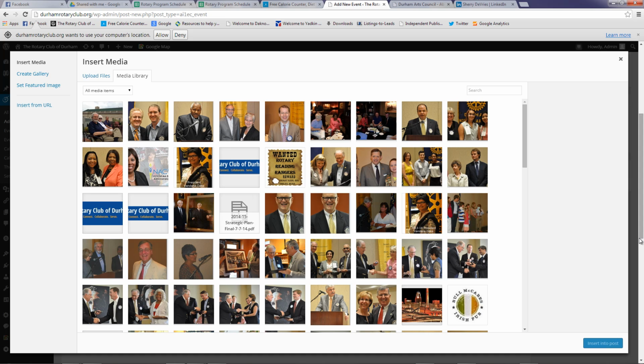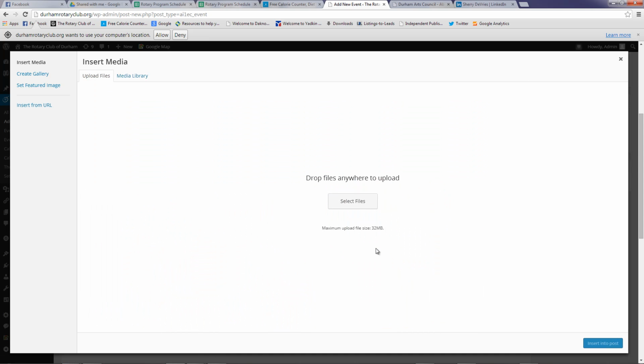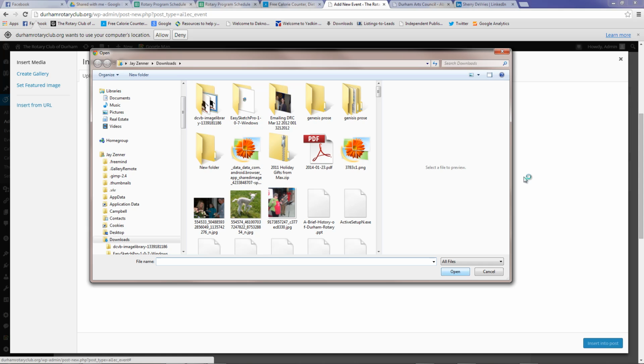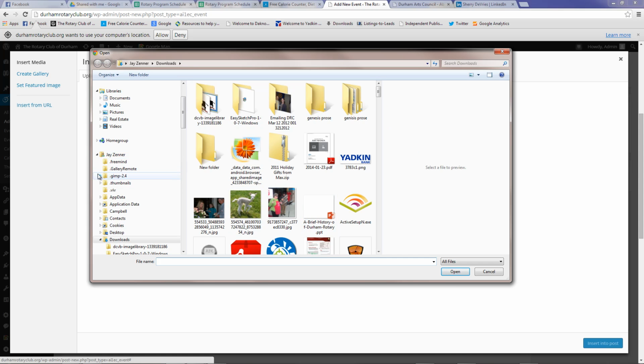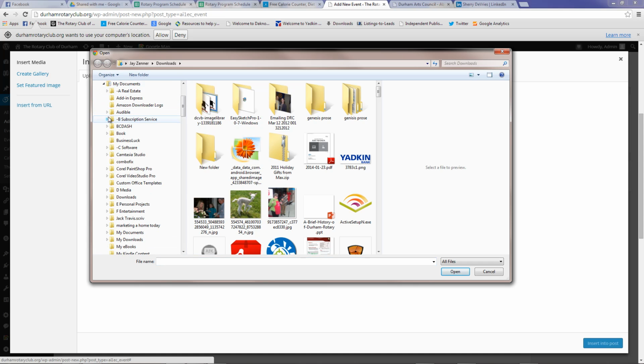When you want to add things, what you want to do most times is upload a file from your computer. Now, I've put a couple of files on my computer to upload for this particular event. So we get to this screen and we get the select files button, and this will take us to the directory on your computer. I thought it would open in the right place, but I'm going to have to find it. I've got a file where I put a lot of these rotary pictures,